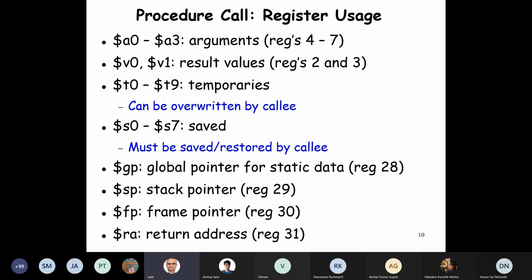The stack is where we'll store all these saved registers. We'll store in the stack, and you will use $SP as the stack pointer, which is register 29, and we'll push to the stack. And see here, the register is only holding the pointer to where it will be stored, but where exactly are the values getting stored? It's in the memory. The values will be stored in memory, and the address of that memory location is given by the stack pointer. The frame pointer we will not use, and of course the return address will be stored in RA, which is register 31.